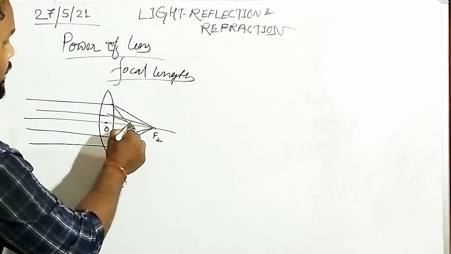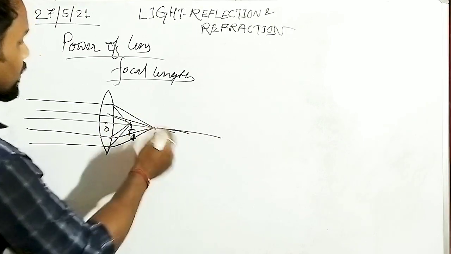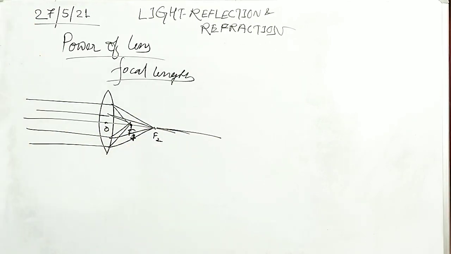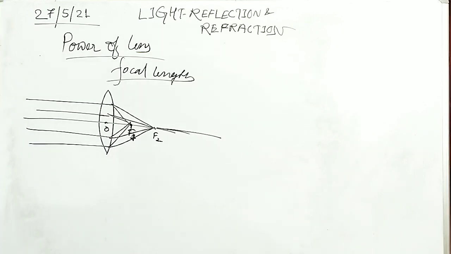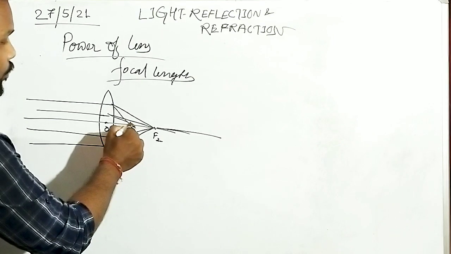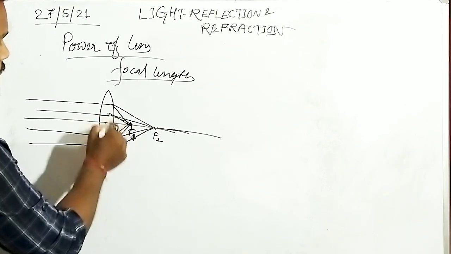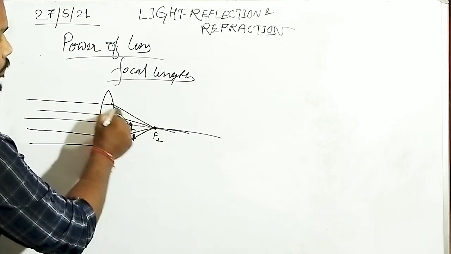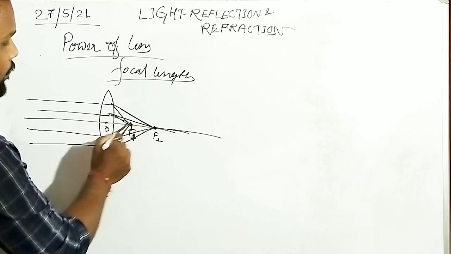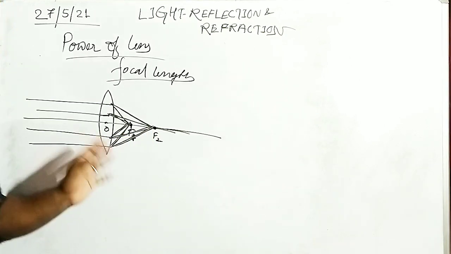In which case, this is f1. I am considering this as one focal length and this as another focal length. Maybe you can consider it as a different lens. Where we have considered the focal length here, it has to bend with a high amount of angle, right? Where we have considered the focal length here, it has to bend with a lesser amount of bending angle, or refraction angle, right? So this is the main factor about the focal length.